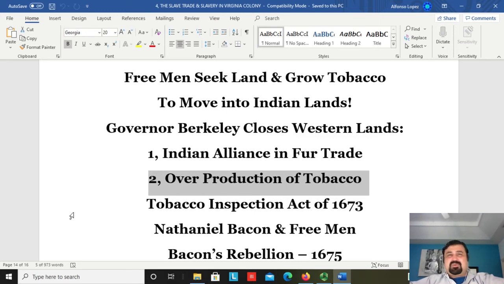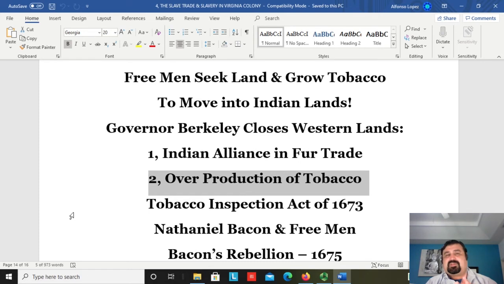And not only Virginia is producing tobacco. At this time there's also the colony of Maryland to the north of Virginia that is also producing tobacco, unrestricted. There are also the Spanish colonies in the Caribbean islands producing tobacco as well. And there's also the colony of Brazil, even the Portuguese in Brazil, the planters, besides sugar, they're also producing tobacco. So it's just so much tobacco, in other words, that the prices are falling down